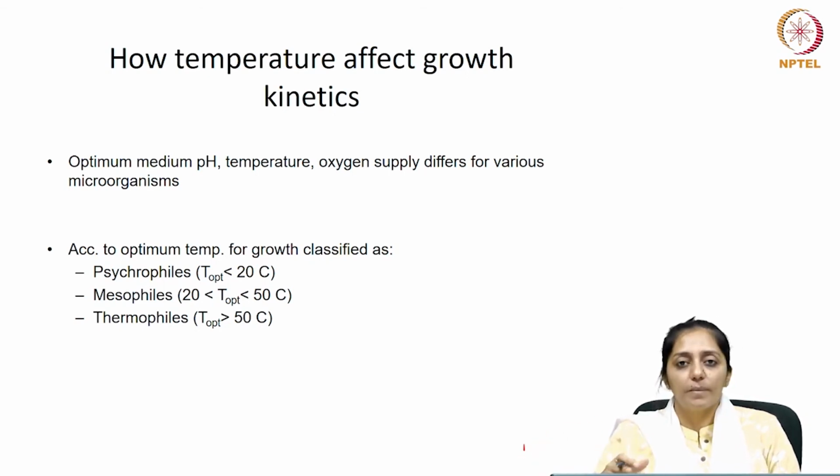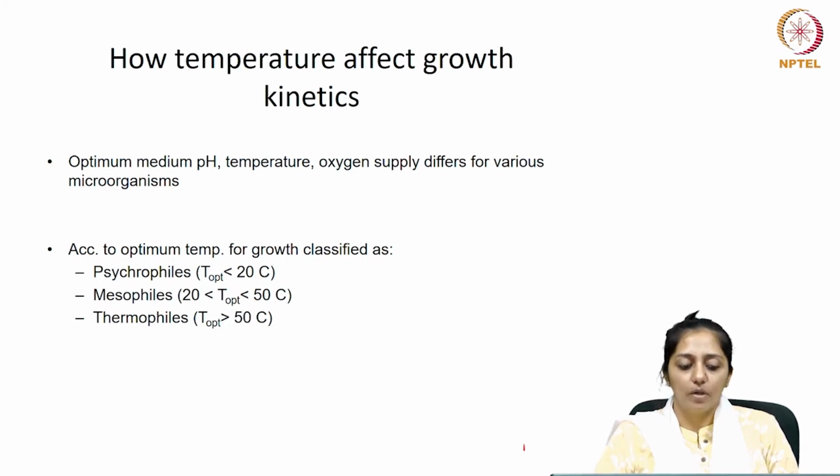There is only one substrate which is limiting the specific growth rate. However, apart from substrate, there are other factors, physical and chemical, which also have an effect on the specific growth rate of the culture, like medium pH, temperature, oxygen supply,